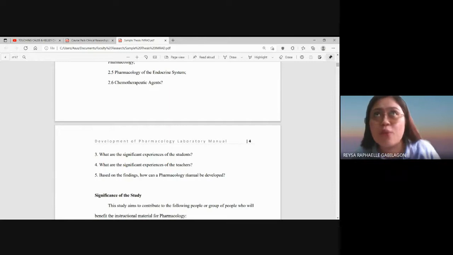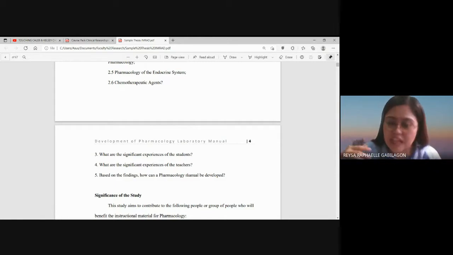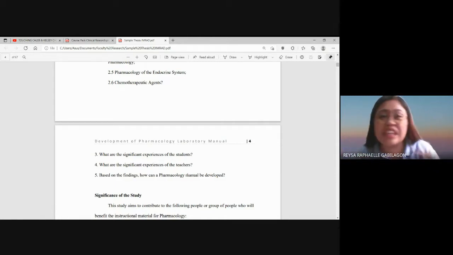So I don't have question about inferential statistics here, like is there a significant relationship or is there a significant difference, because I don't need that in my study. So as researcher, ikaw yung may alam kung ano yung gagawin mo sa study mo and ano yung kailangan mo. So ako, again, hindi ko kailangan ng question na relationship or difference kasi all I need to do is to